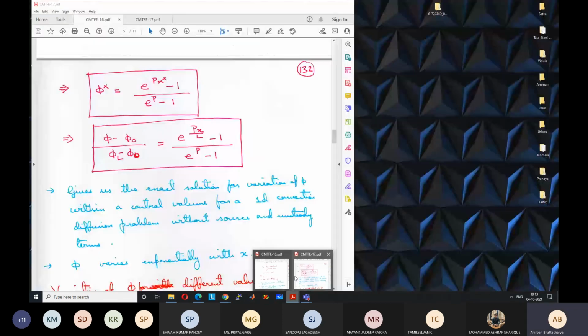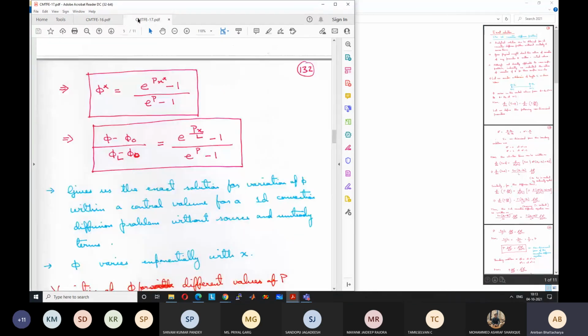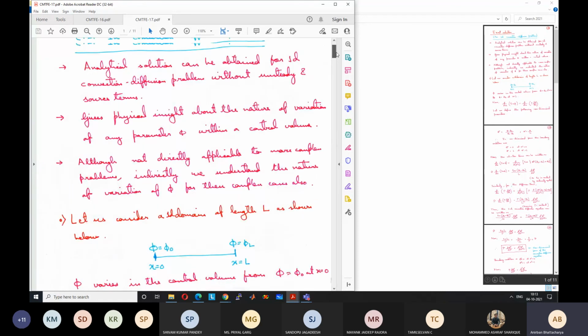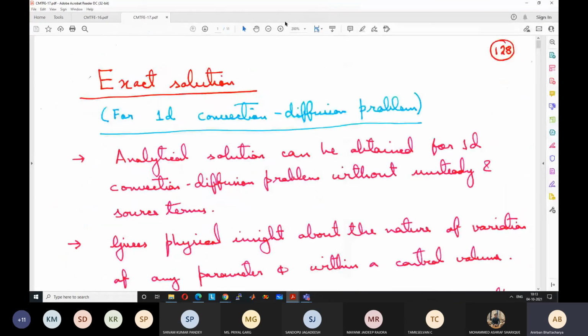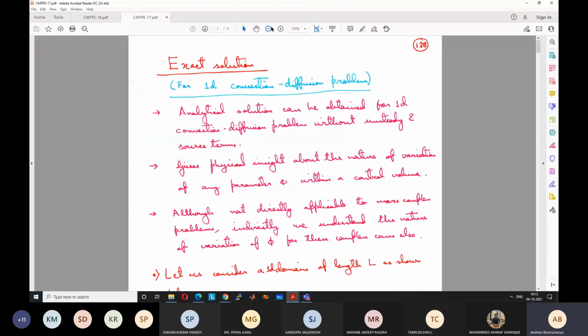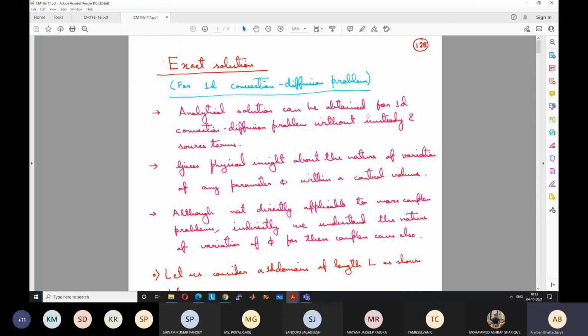So before going into the next scheme, there are better schemes as compared to what we have discussed. Although this upwind scheme is still very widely used in actual research work or in actual software, because it can be coded quickly, it is simple to implement, and it can give correct results over a wide variety of problems. But there are more accurate schemes, and we will see why those schemes are more accurate.